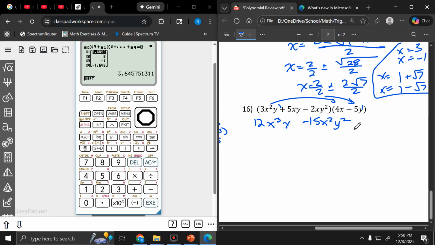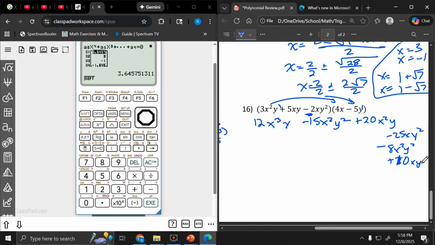So this times this, plus 20x squared y. This times this. I'm going to run out of space, so minus 25xy squared. And then finally, this negative, make sure you take the negative, minus 8x squared y squared, and then plus 10